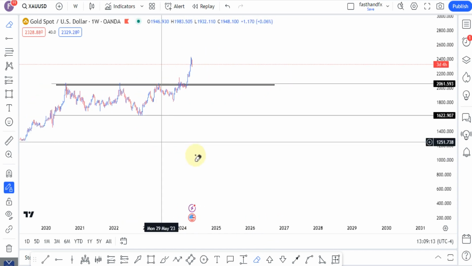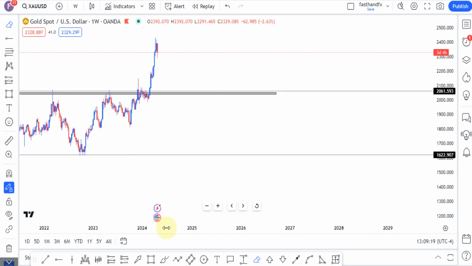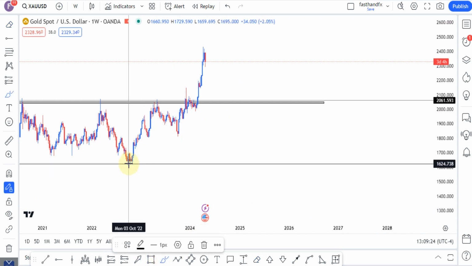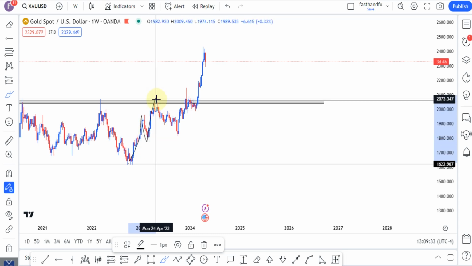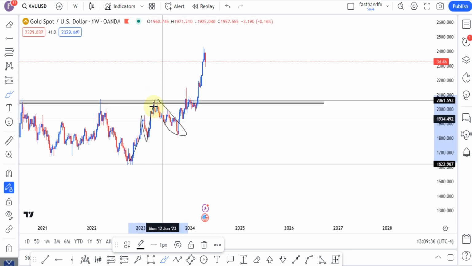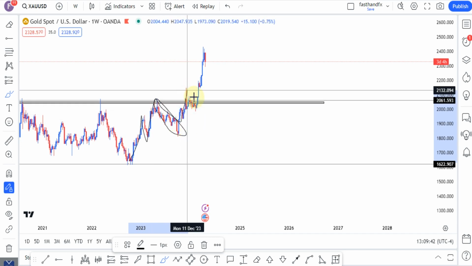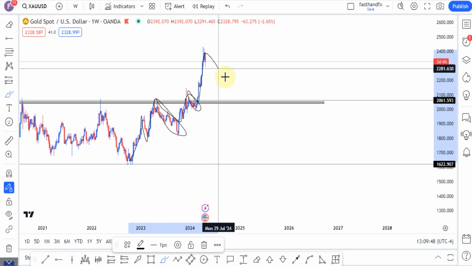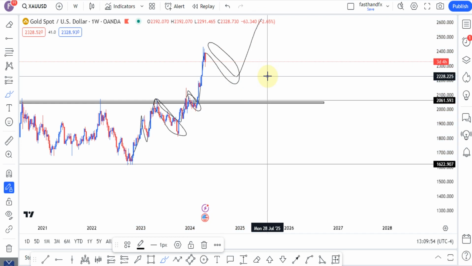you can see already the market was bullish. Let me show you. When I zoom out this one, you can see the market was bullish. It gave us that impulse move, correction. It gave us this impulse move, then it gave us another correction. After that, the market gave us this impulse move, another correction. So this is an impulse move, then we expect another correction, then maybe the market will continue going up. So guys,